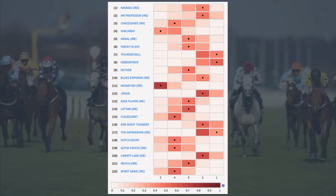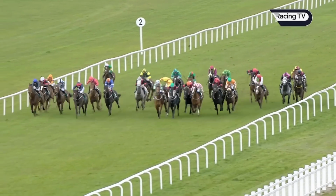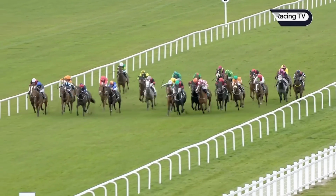And really, when you look at that, there is a reasonably fair spread across the track. So I don't think we can be saying... If you really fancied one low, it wouldn't put you off, would it, really? No. Okay. Well, with that in mind, let's have a look at Latam, because he is a come-from-behind horse, as you see. A year ago, winning the Irish Lincoln in 2023, and he comes from the clouds to win this